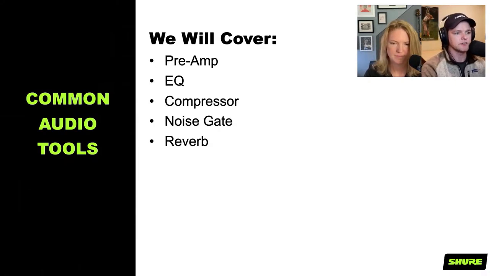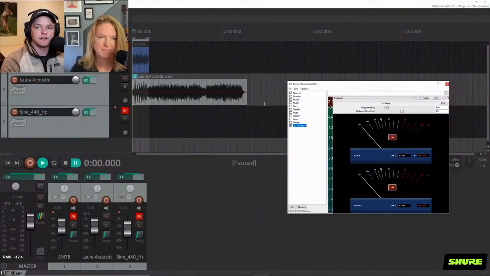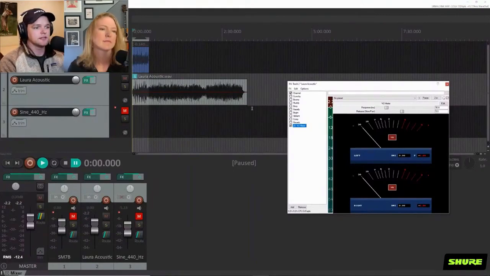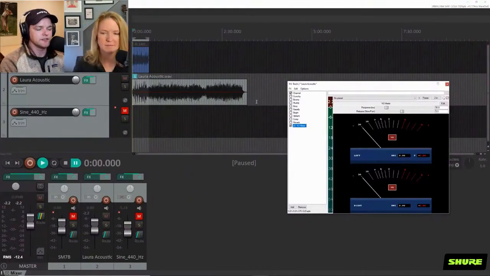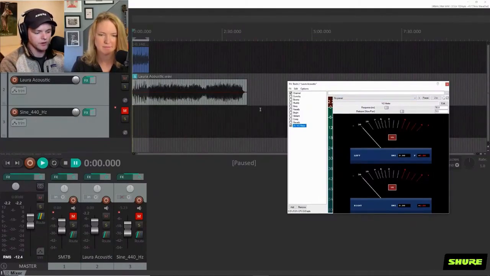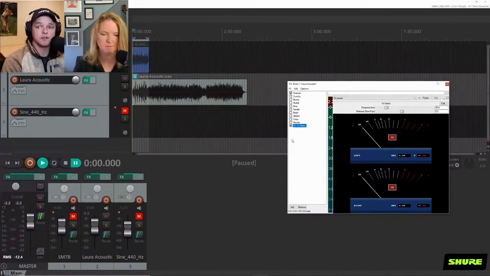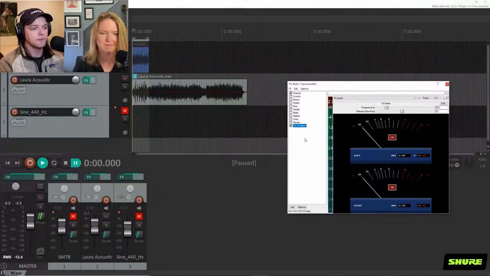So if you could share my screen now. I don't have a live sound mixing console to show you for these examples, just because that would be difficult. But a lot of everything I touch here is available on a digital mixing console or as an outboard effects processor. So very common tools here, and there's a lot more that I'm not going to cover. So if you have any questions about something I don't cover, please feel free. Okay, so